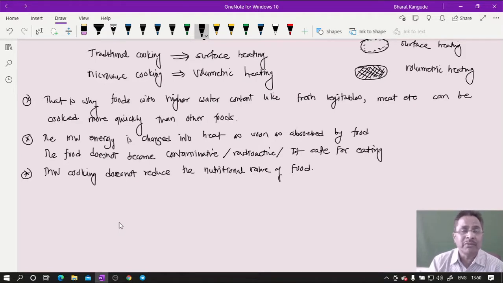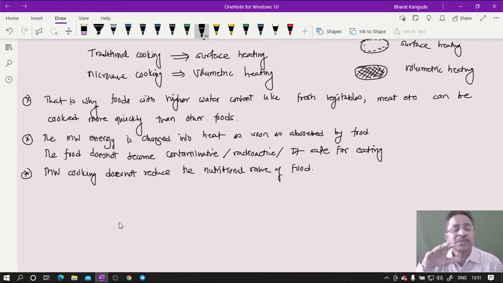But in our country, we have this traditional way of cooking, which has more importance than microwave cooking. But in these points we have looked at whatever we have seen earlier, this microwave cooking is more effective. It requires less energy, it requires less time, and it is also non-polluting. So there is no pollution at all. This air pollution is not there, or this ash is not generated. So other effects are not there.